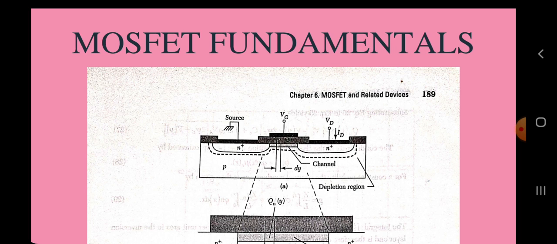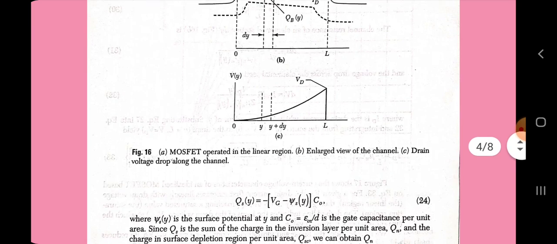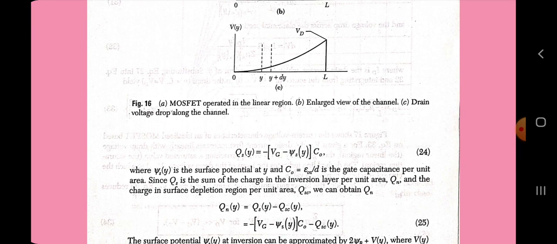So Qs(y) is equal to minus (Vg minus psi s(y)) C0, where psi s is the surface potential at y and C0 is equal to epsilon x by d, the gate capacitance per unit area. Since Qs is the sum of the charge in the inversion layer per unit area Qn and the charge in the surface depletion per unit area Qsc, we can obtain Qn(y) is equal to minus (Vg minus psi s(y))